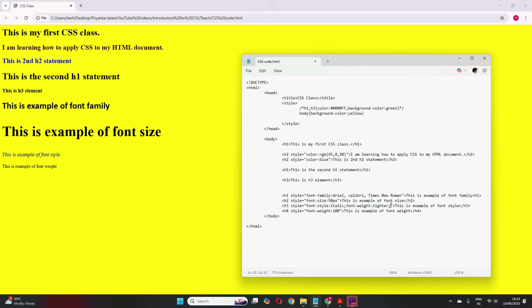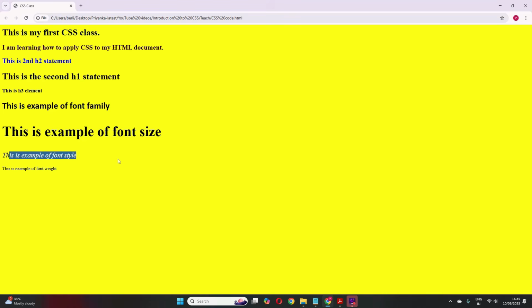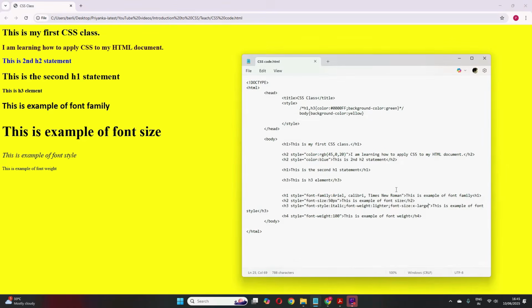Now if I want the third, I put a semicolon. Now I want the font size. So I can give font size whatever I want. Maybe I want it extra large. Okay, so let's save it. See, it's extra large. Okay, so all these 3 properties I can give in a single line, and you can give them separately also.